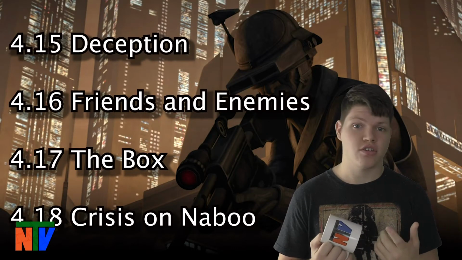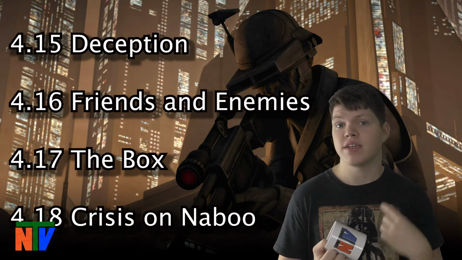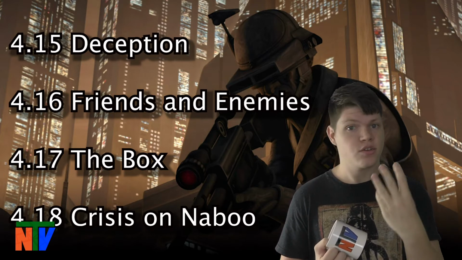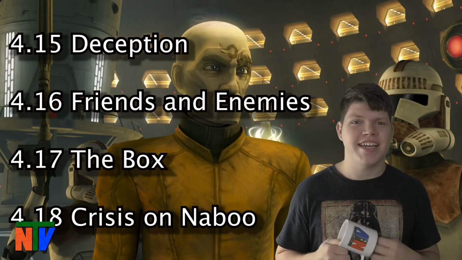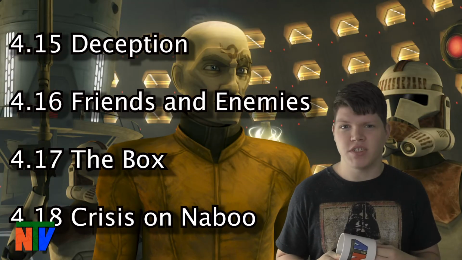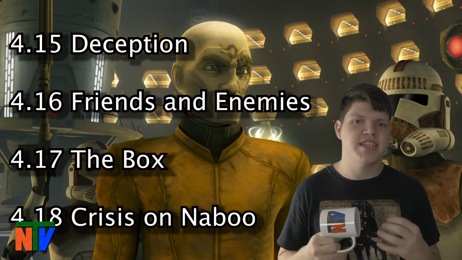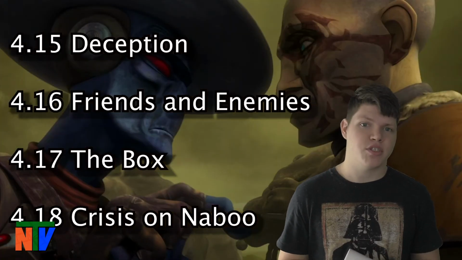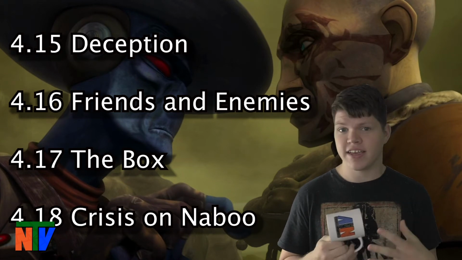And to bring the character development section to a close, we have Deception, Friends and Enemies, The Box, and Crisis on Naboo. First off, the idea of the plot for these episodes is genius and a perfect setup for a really interesting story. One thing that I really like about these episodes is that we get to see Anakin's reaction